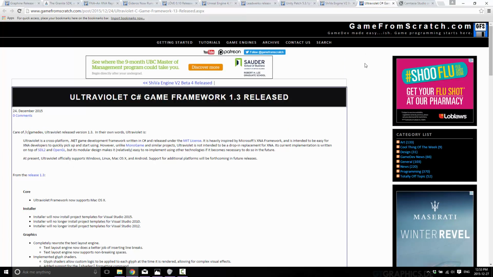Finally, the last thing that we've got here is the Ultraviolet C# engine, which was released via Reddit GameDev, and it's a cross-platform XNA-like game engine. It's not meant to be an XNA port by any definition of the word, but it is again C# based. Probably their biggest feature is that it's cross-platform, I guess, which is a big up on XNA, but they also have their own UI language. So it's sort of like WPF, or Windows Presentation Framework, I believe is what WPF stands for. But basically, that's Microsoft's UI markup system for desktop. Well, they've implemented a game-ish version, a markup language that you can use to create UIs.